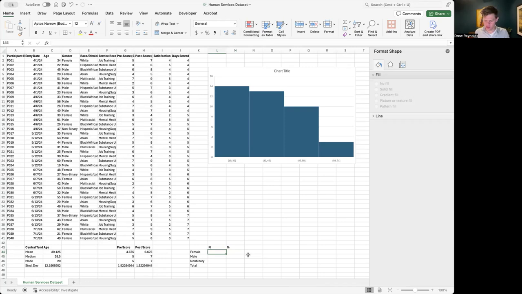So for female, what y'all enter in here is equals, and I'm going to use a great little formula called COUNTIF, and open up my parentheses. And the idea is you're going to count how many in a particular range meet a certain criteria. So COUNTIF, I'll then go to gender, I'll hold this down, and I'll hold my shift key, go down to 41, and voila. So COUNTIF D2 to D41, and I'll hit comma,